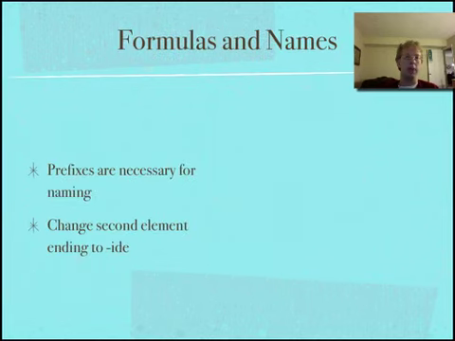Now, when we go to name our covalent compounds, it's different than ionic compounds in that we need to include prefixes to indicate how many atoms of each element are involved with the compound. For the first element listed in a covalent compound name, if there's only one of them, you don't include a prefix, and you just write the element as is. If there is more than one, then you would include the prefix. The second element listed, you're going to include prefixes and change the ending to IDE. Now my prefixes,